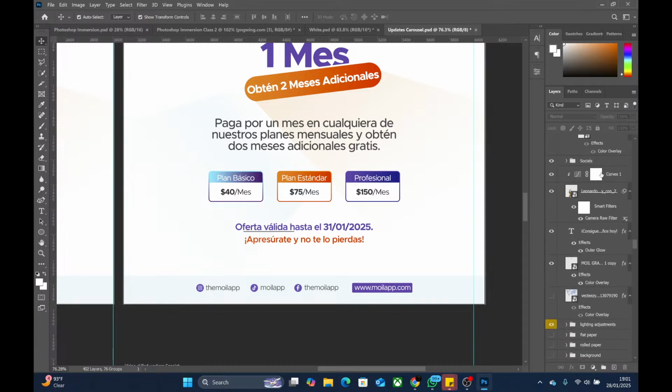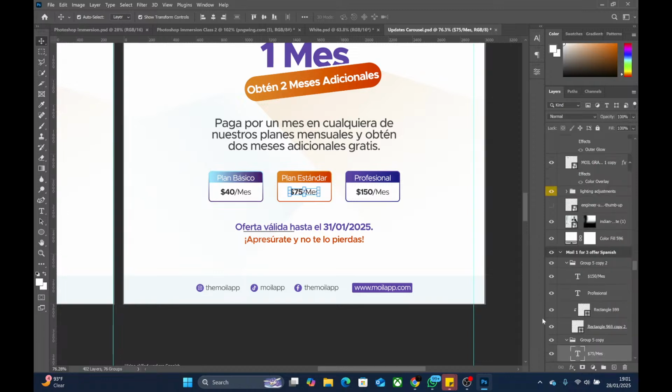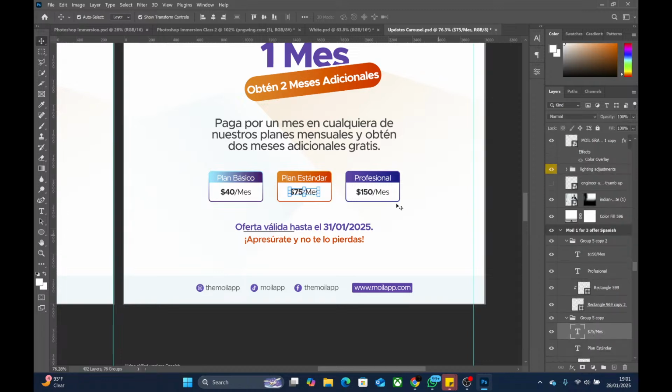I'll go up and click on another thing. I'll click on this $75. It will find it immediately, and then it will go there, so I can see it. If I don't want to use that thing again, I can just hide it. This icon beside it is a visibility icon. It helps you to make a layer visible or hidden. So if I click on it like this, that 70 something dollars is hidden. If I click on it again, it will show that item.